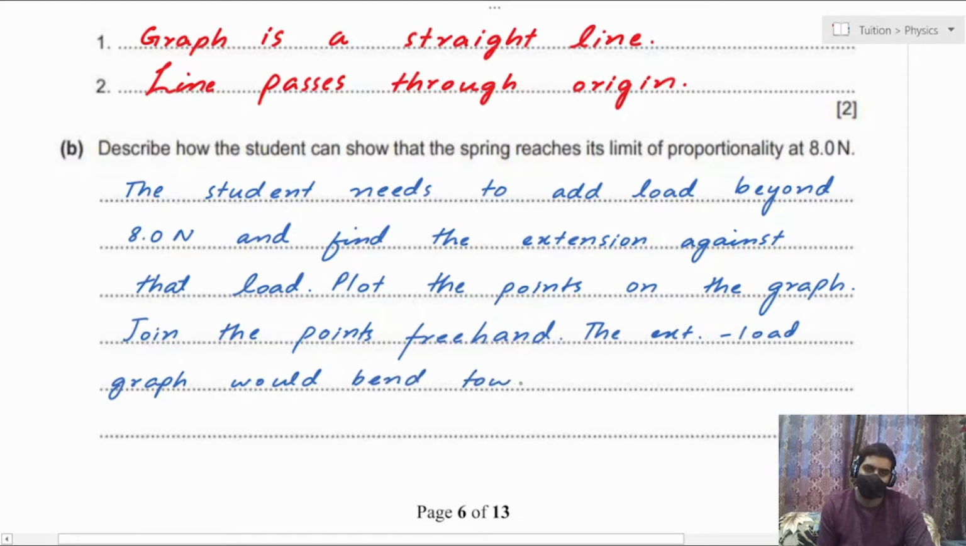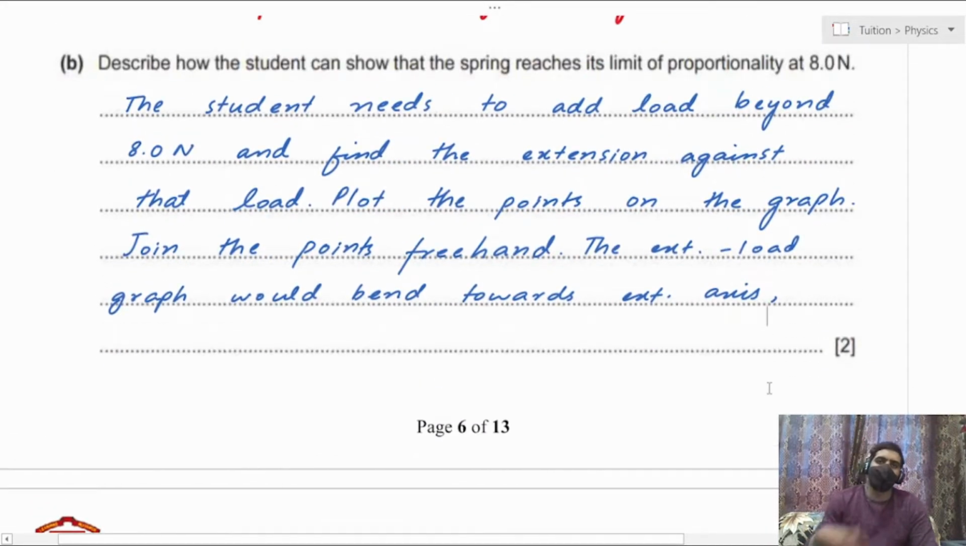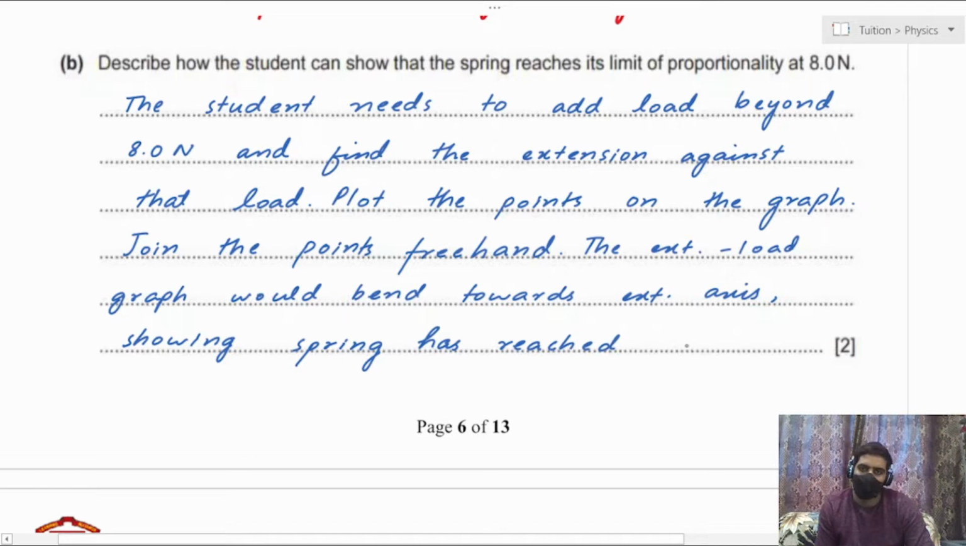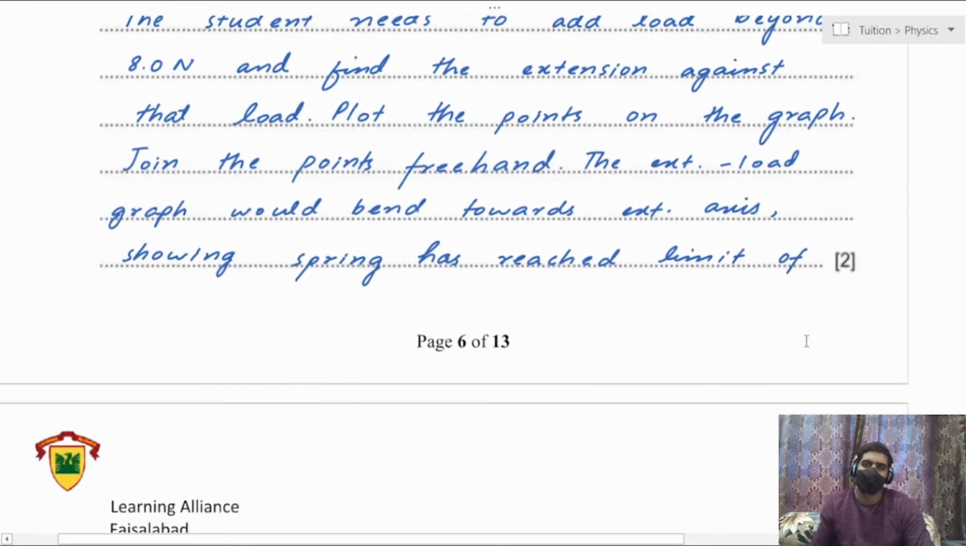towards the extension axis, showing that the spring has reached its limit of proportionality at 8.0. Showing the spring has reached the limit of proportionality